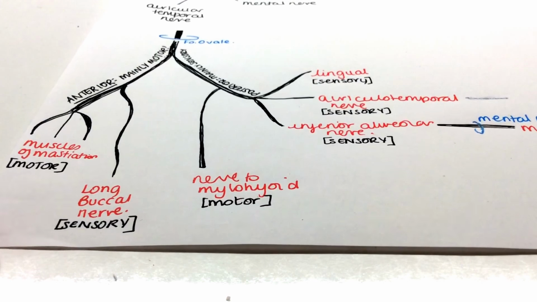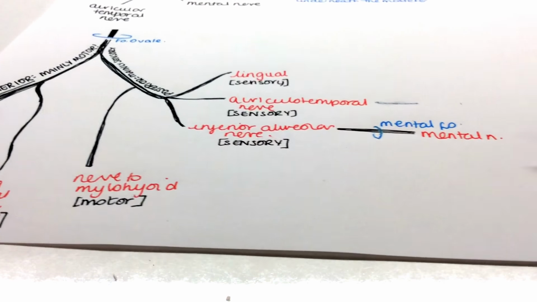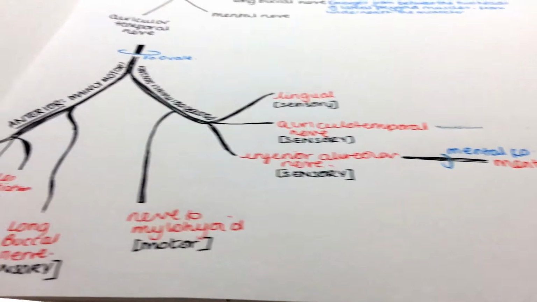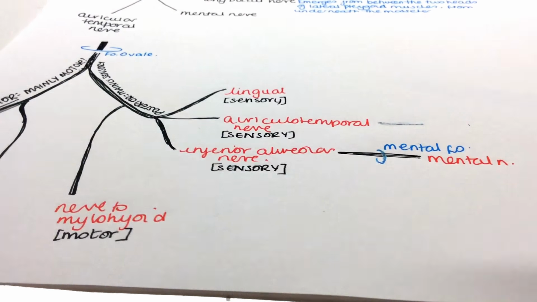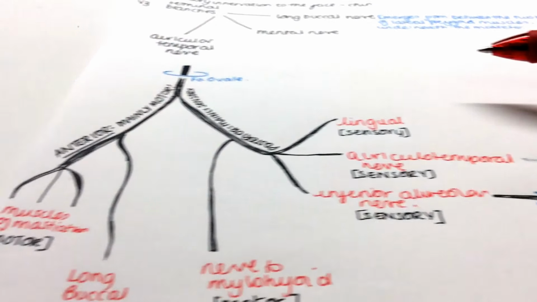Just to orient you a little bit more, when the inferior alveolar nerve leaves the mental foramen, it becomes the mental nerve, okay? And again, it's still sensory. Got it? So mainly sensory is the posterior branch,